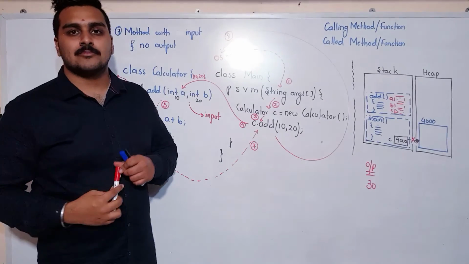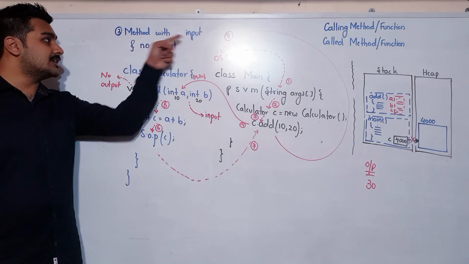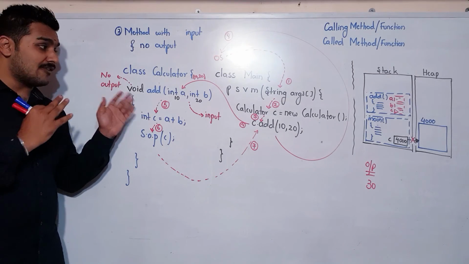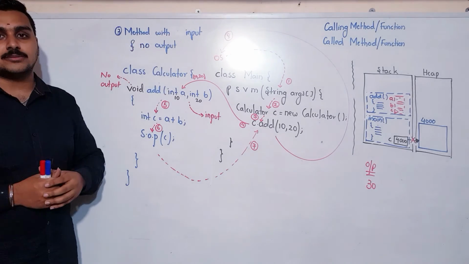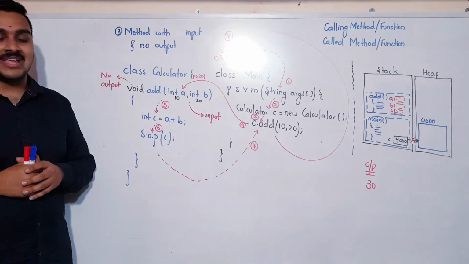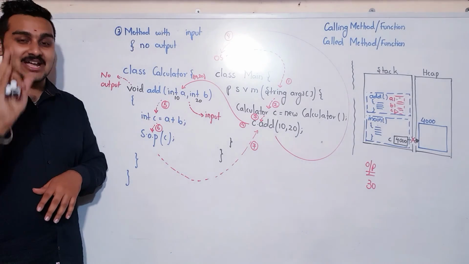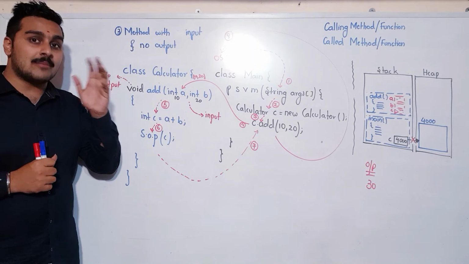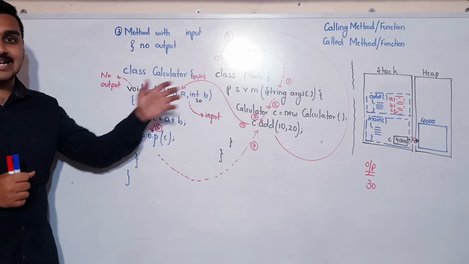I hope you have got the clarity about the third type of method, that is method with input and no output. Have I given any output? No. By now you would have got the clarity as to how we write the code for method with input and output. That also I will be showing to you, but well before that, please copy this also as a program. For me, the work is really simple. I'm editing it in the same code, but for you it is not the case. I want you to write it as 4 different programs in your notes so that you will be able to remember it after a few days of time, after a few years of time as well. Okay, please copy it as it is.